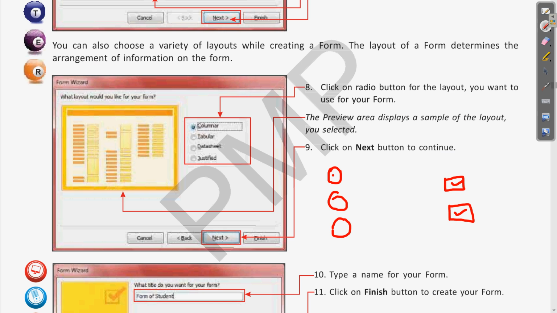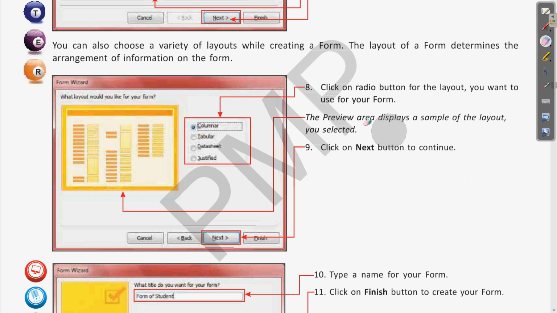So this is the radio button, and this is the checkbox. Right now in the form wizard, the different layouts are displayed as radio buttons. Clear? The checkboxes we have also seen in various previous windows.